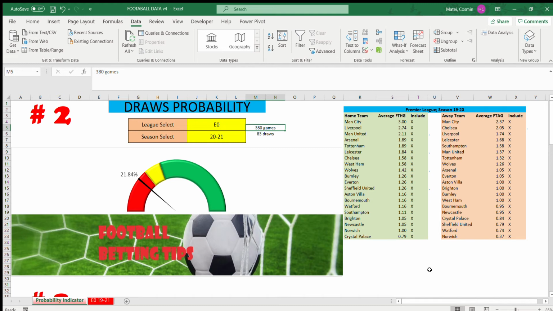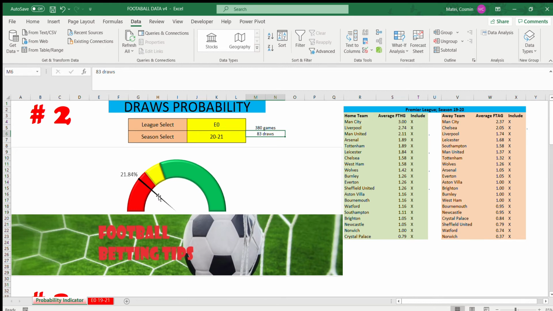For this I have taken the example of English Premier League, with the season 2020-2021, which is the most recent season that has been completed. We had 380 games being played, and we had 83 of these games ending up in a draw. This is almost 23% draw outcome, and what we want to see with this strategy is to increase the chance